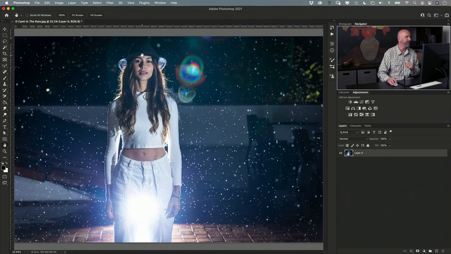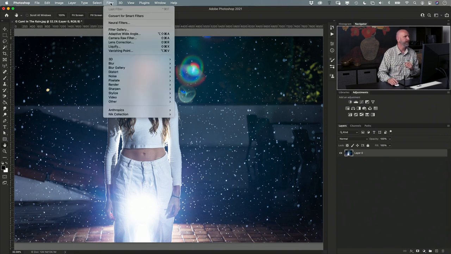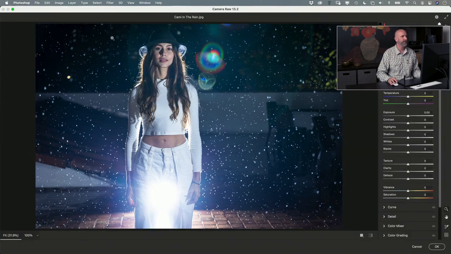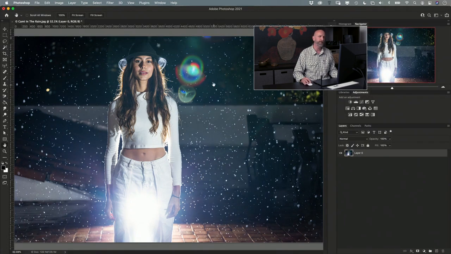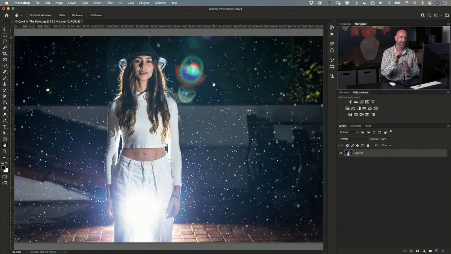The good news is if you go to Filter, you can see that there is a Camera Raw filter. If I click on that, you'll see that Camera Raw opens. Now I can do all of the things on a JPEG image that I used to do on a raw image. Now there is a big difference here. So this is the same Camera Raw. You have all of the same tools. Everything is the same. So you can use that filter in Photoshop to do all the same adjustments, except